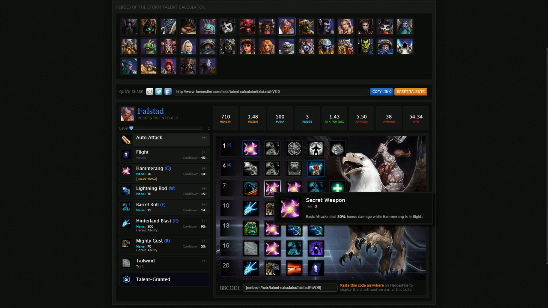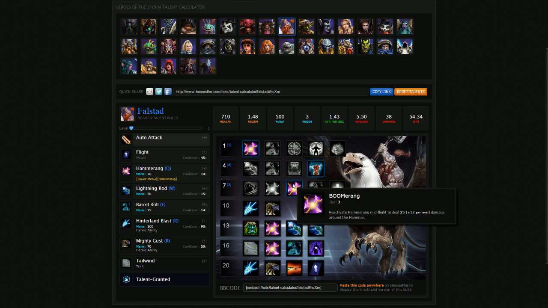We will actually be grabbing Boomerang. Now, Secret Weapon, this deals 80% bonus damage while the hammer is in flight. So your basic attacks, this is auto attack Falstad. You throw that hammer out, it stays out for a while, and while it's out, your auto attacks hit for almost twice the damage. Quite cool, but today we're doing Spellcaster, which means Boomerang,